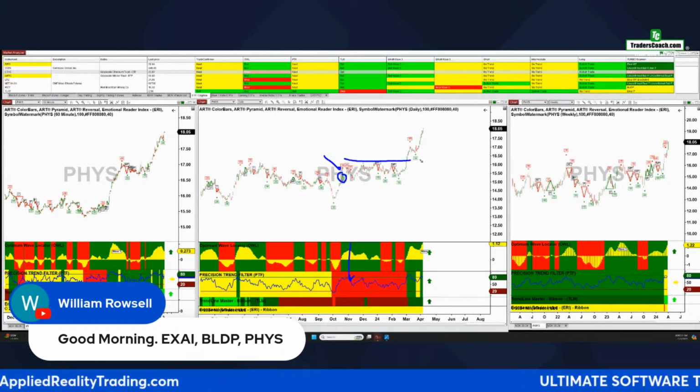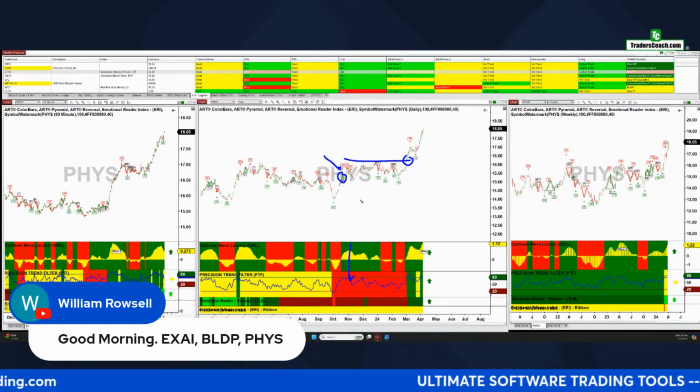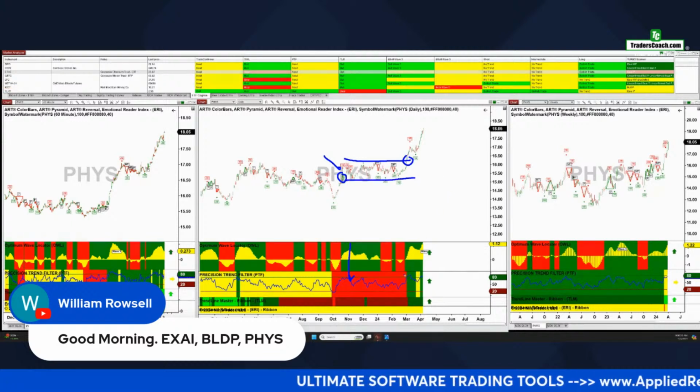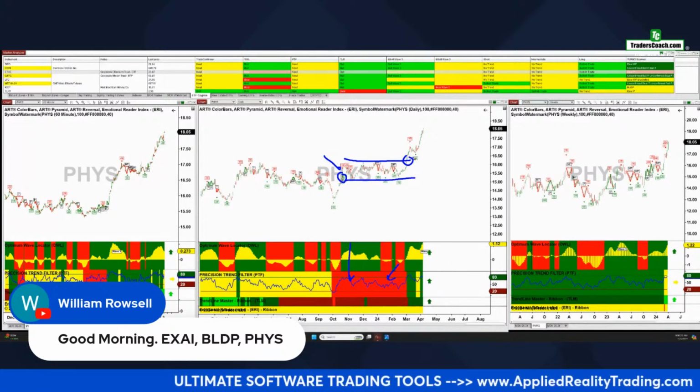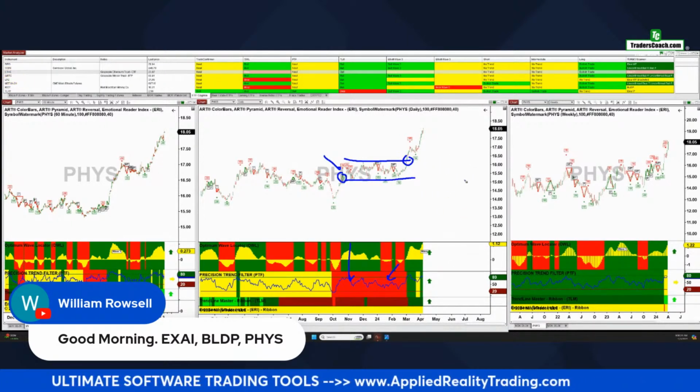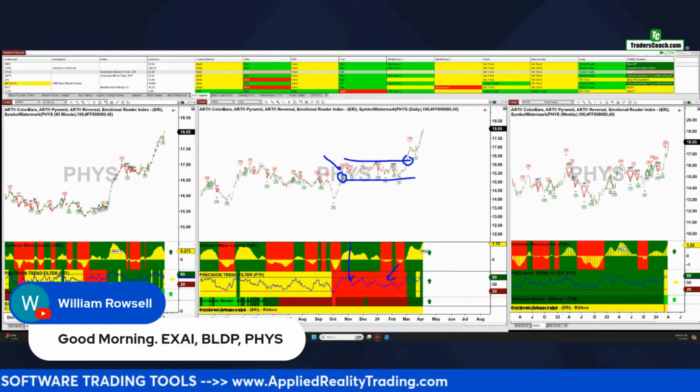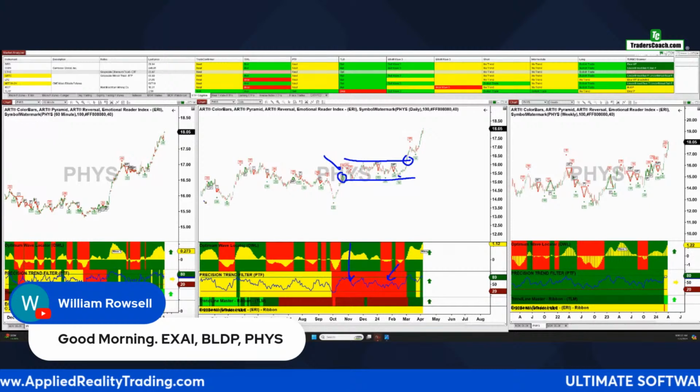You would have had to wait for it to break the channel. So the pyramid is still active, but the PTF kept us out until it breaks the channel. And then you can take it. And then you put your stop under there, which is almost under the pyramid. But the problem is now it's run away from us.